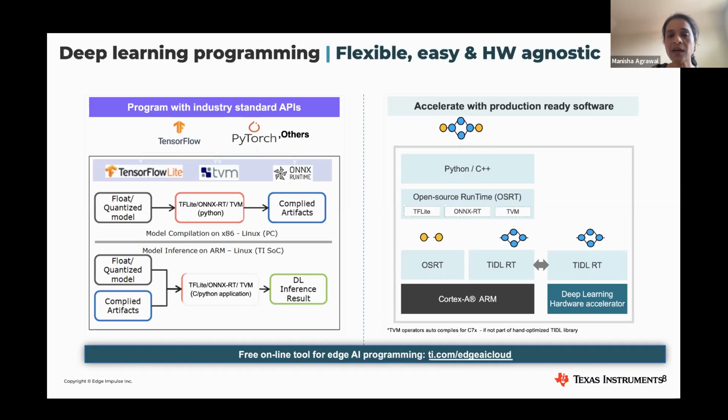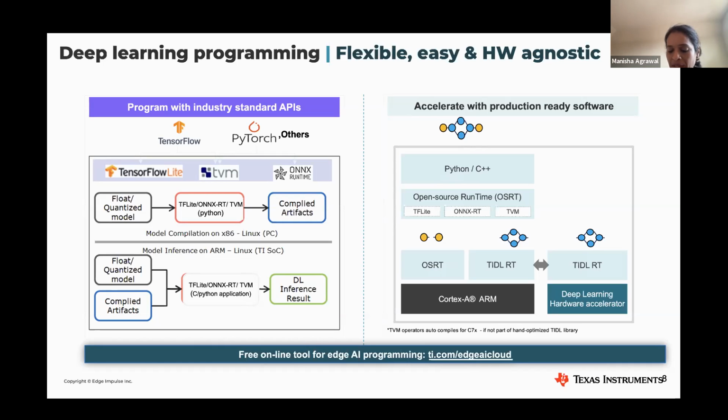Under the hood, our own software takes care to offload to take advantage of our hardware accelerator. And we provide it in a fashion where, if our hardware accelerator with the optimized library doesn't support an operator, the software framework automatically offloads it to the ARM CPU. So you are not stuck in your journey of getting your AI model and utilizing, in the best way, the full capabilities of our SoC. So it's really simple to program using your favorite Python or C++ APIs with TensorFlow Lite, TVM, or ONNX Runtime. Develop and prototype on the Linux machine. Use the same APIs to offload it and make your embedded product